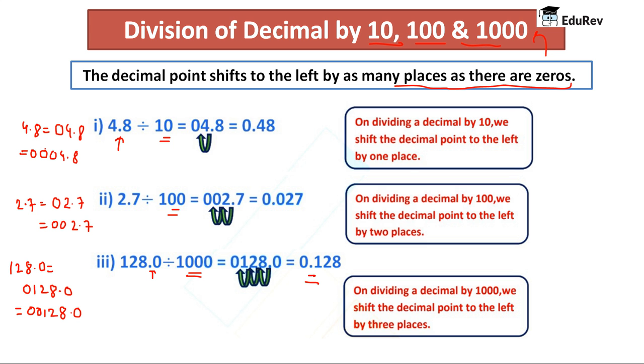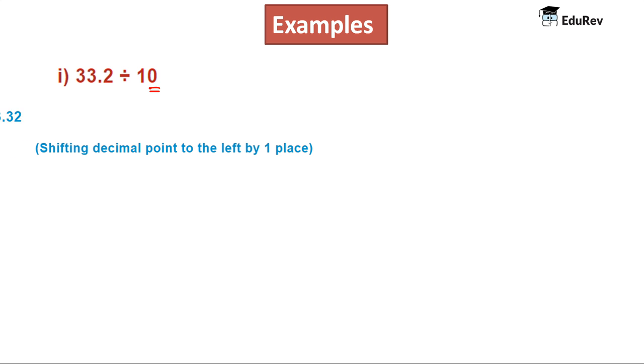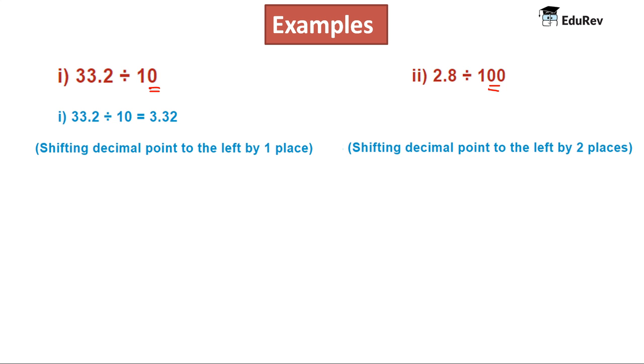Let us understand this with a few more examples. Here is the example 33.2 divided by 10. We will shift this decimal point to the left by one place. And the answer will be 3.32. Here is another example, 2.8 divided by 100. We will shift this decimal point by how many places? By 2 places, because the number of zeros in 100 is 2. Shifting this decimal by 2 places, we will get the answer